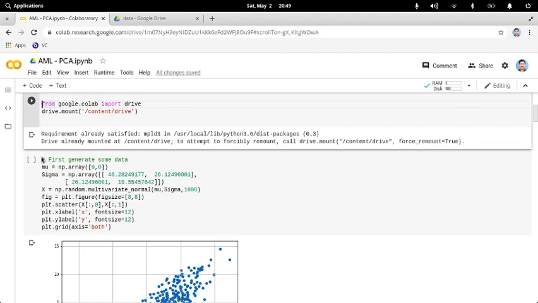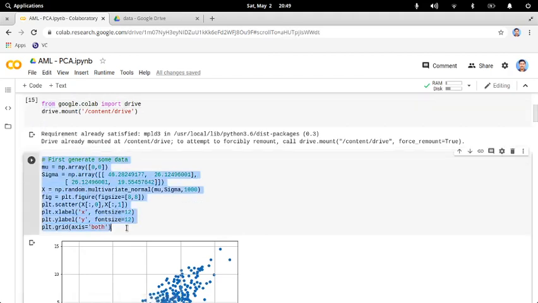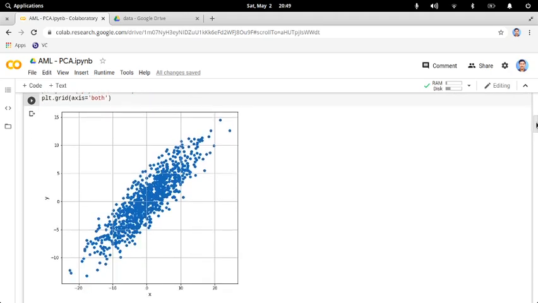In the highlighted code, we generate some multivariate data with a multivariate normal distribution, giving some mu and sigma. 1000 data points have been generated. The plot of the generated data is shown as a scatter plot.